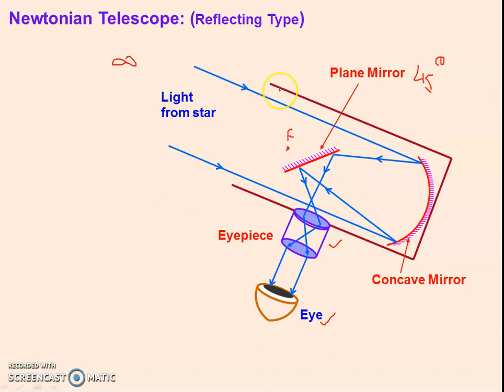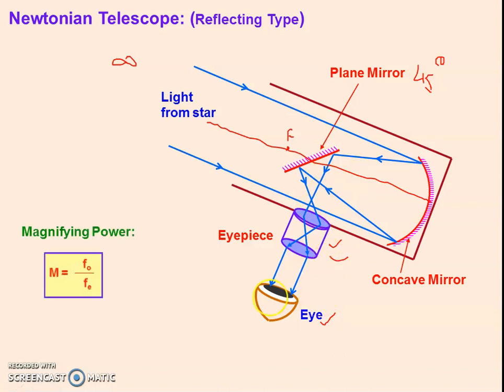Again I am repeating, this is a hollow cylindrical tube, blackened from the inner side, with one end closed and a concave mirror fitted at its closed end. The plane mirror is inclined at 45 degrees with the principal axis of the concave mirror. When rays from the object at infinity get incident at the concave mirror, it will try to focus these rays at its focal point, but the plane mirror reflects these rays to the eyepiece and you can see the image of the object, right?